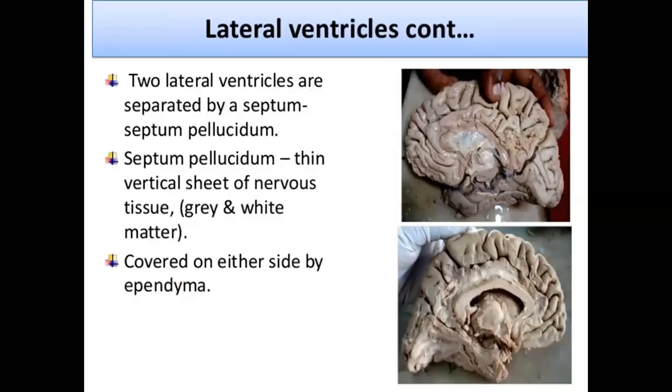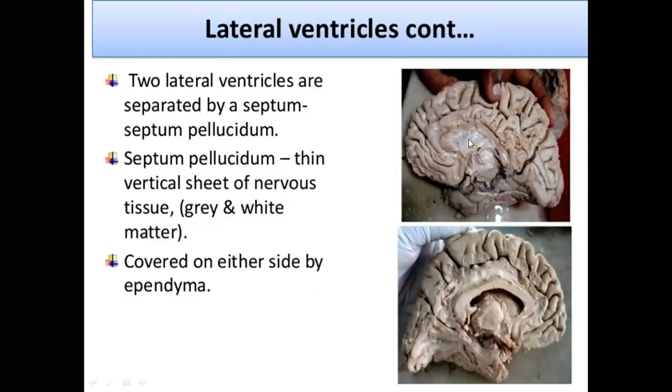Now, this is a specimen of the brain. This is the medial surface of the brain, and this cavity, what you can make out, this is the original picture of the brain that we have in our anatomy lab. So this is the lateral ventricle. My arrow is moving on the central part. Then this extension is the anterior horn. This extension is the posterior horn, and the lateral horn is on the opposite side.